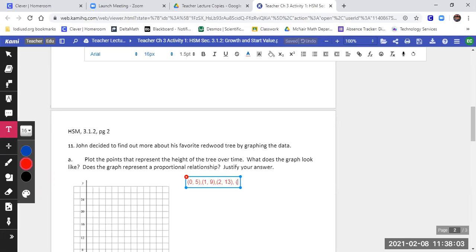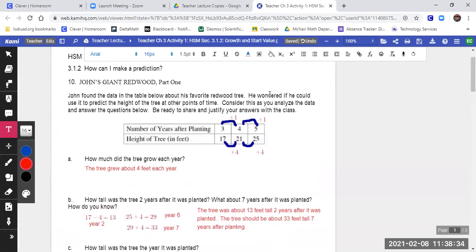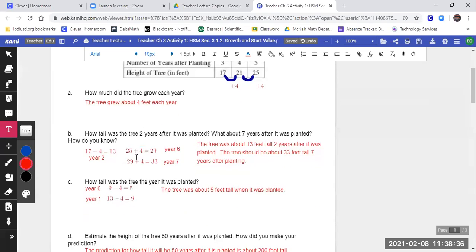$13. At year 3, $17. At year 4, $21. At year 5, $25. And I noticed his table is only going through year 6, so I'm only going to worry about through year 6. Year 6, it was what? 29. Okay, so we got to take these points that we got from the calculations of the